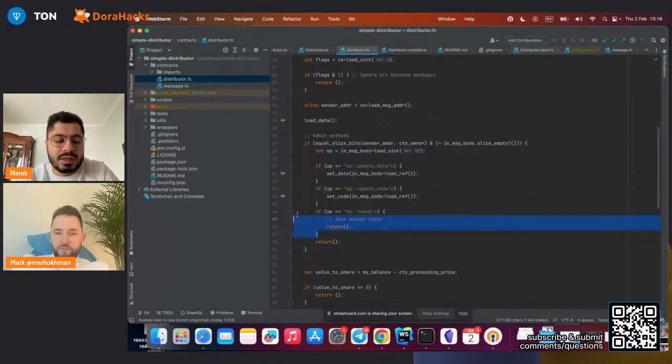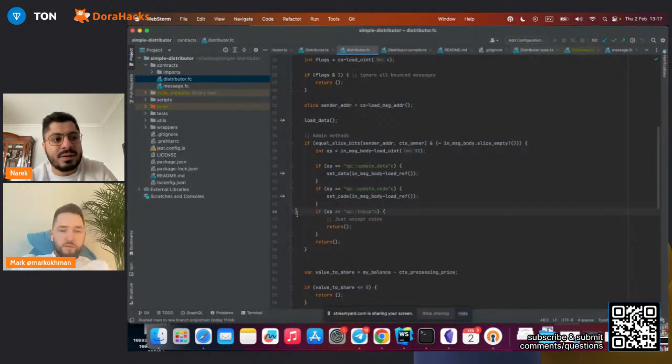Well, as I mentioned, in TON, smart contracts should pay a rent fee for the storage. And this means that, for example, if nobody used your smart contract for a while, and you want to put some coins to keep it alive,